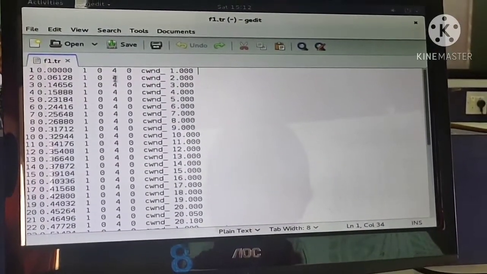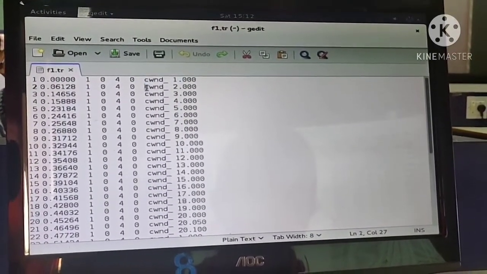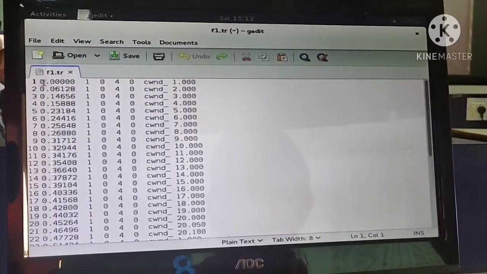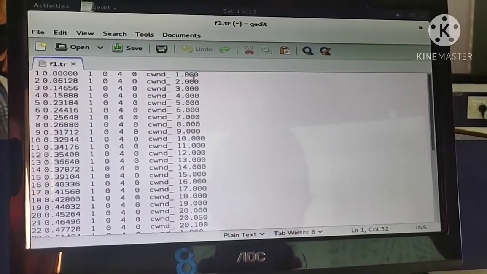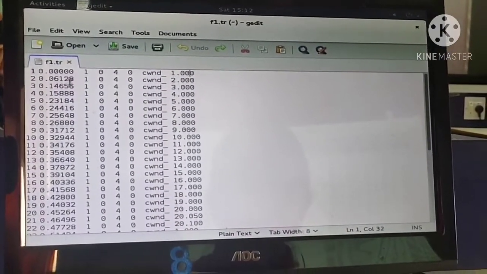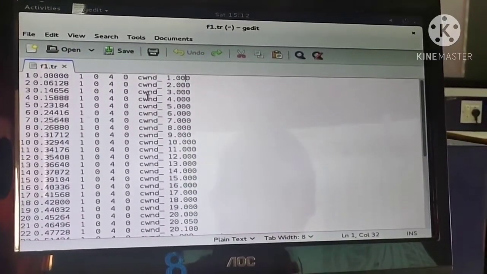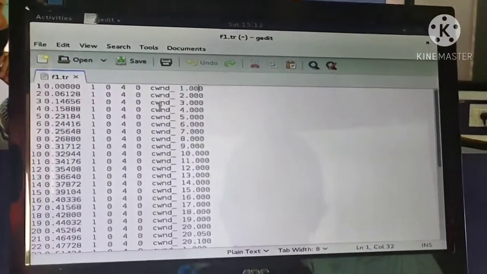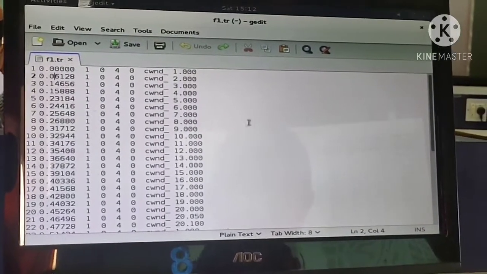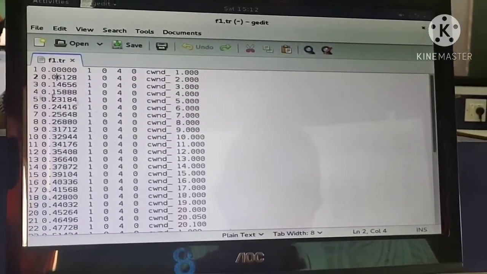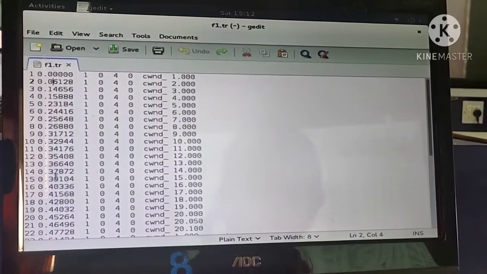You can see here CWND. In every row you have to check where the string is CWND underscore, and you have to extract the first column and the last column, the seventh column. Why do I require the first column and seventh column? Because now I am going to plot the graph for this trace file. Whatever I am plotting is for different timings. The first column says about the timings, the last column tells about the congestion window size. As the time increases, this congestion window size also keeps on increasing. So for this I will plot the graph.